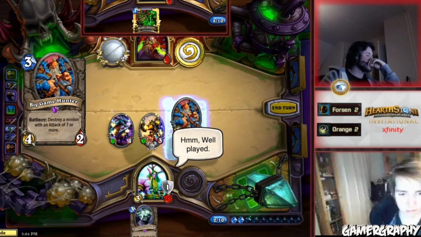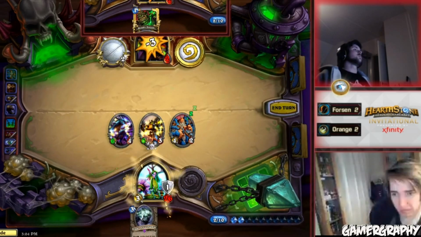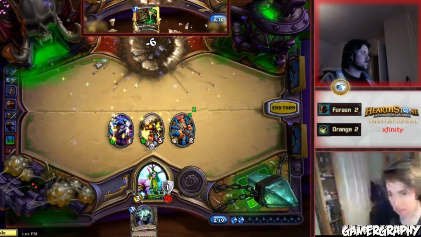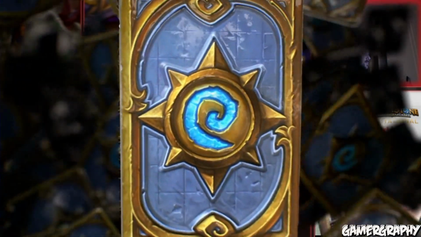Yeah. Even picking maybe some of the favorites, like probably Savjz was favored over Lothar. Orange was favored over Forsen, most would say. But I didn't think so. Forsen's my boy. He's my homie. I'm 3 for 3, and Forsen goes to the round of 8. This is looking